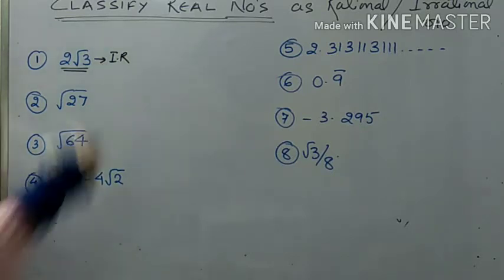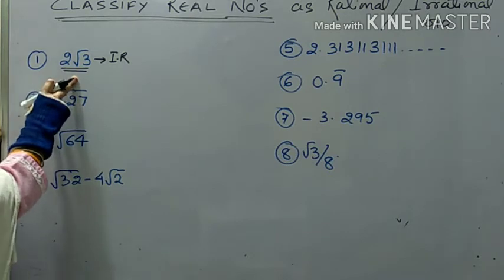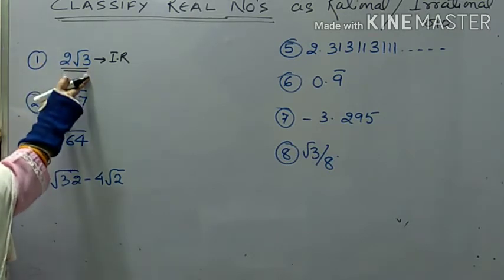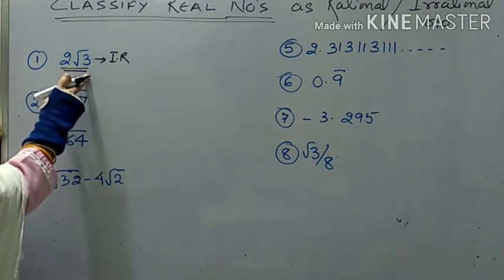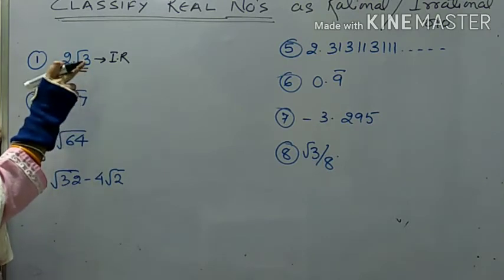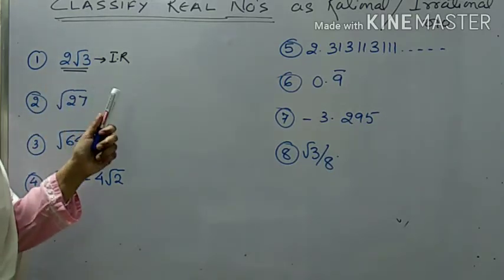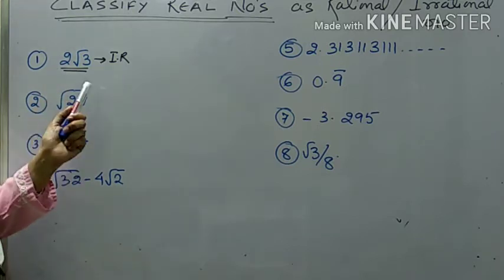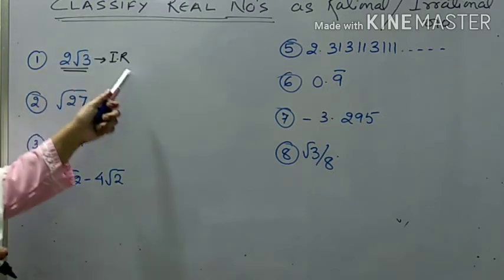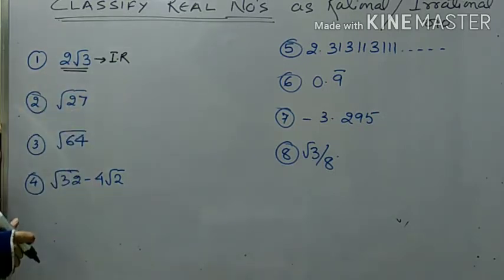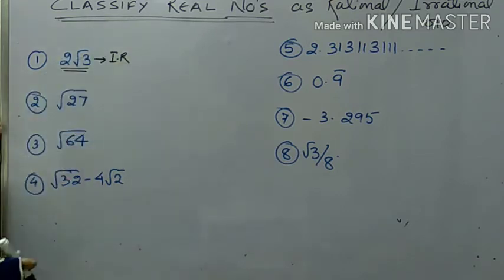क्या होगा? Irrational number. और आप इसकी reason क्या दोगे? What is the reason why it is called as the irrational number? Because its decimal representation will be non-terminating, non-repeating. Yeah, we are having the two reasons for this. First, product of a rational and irrational is irrational, hence it is an irrational number. And moreover, the decimal representation of this number should be non-terminating, non-repeating. क्योंकि ये क्या है? Non-terminating, non-repeating है, hence it is an irrational number.